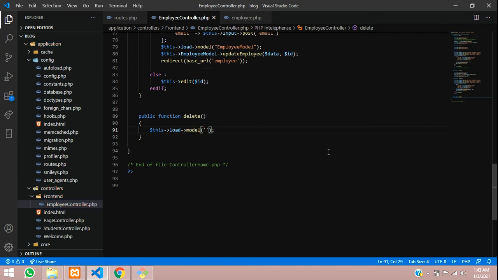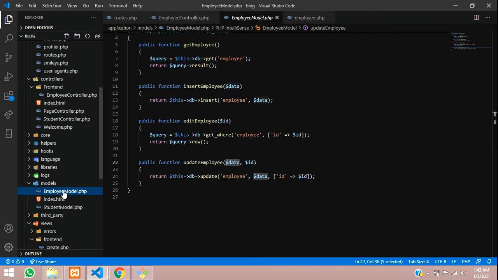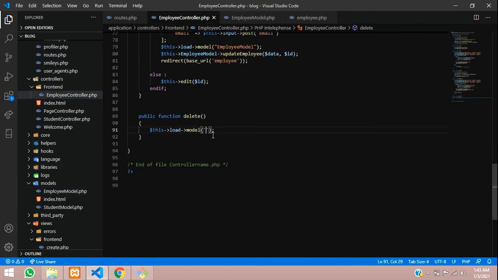What model are you going to call? The employee model. I'll show you the model I have created. Inside models I have created employee_model.php. This is my employee model. Let's copy this employee model and paste it inside this, and we have successfully called the employee model.